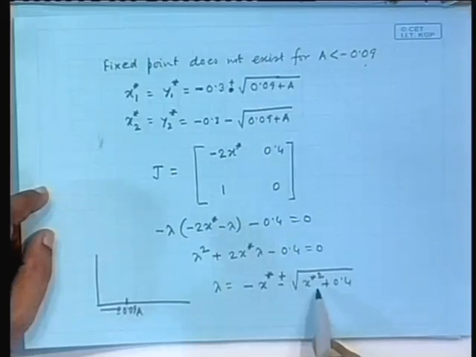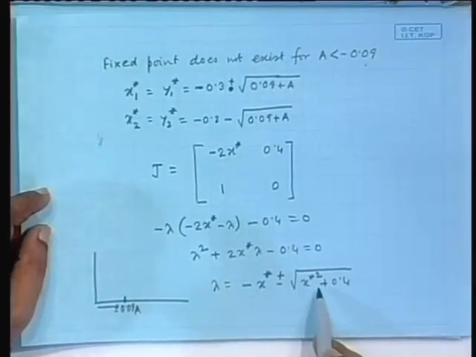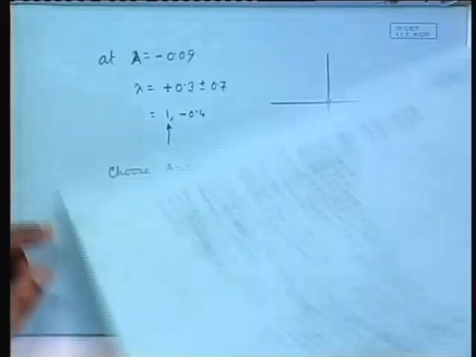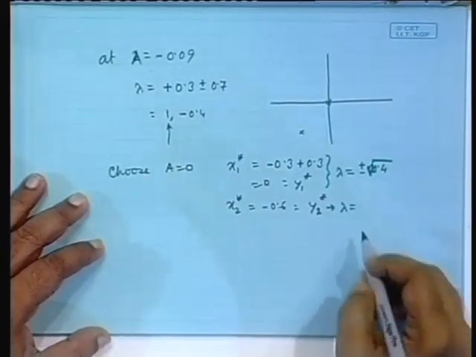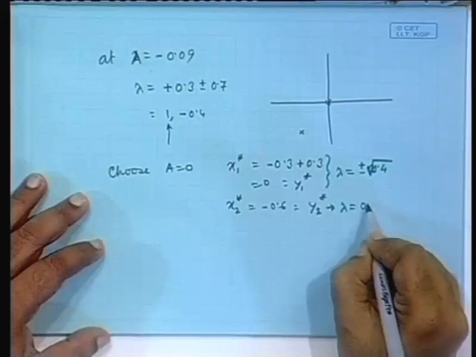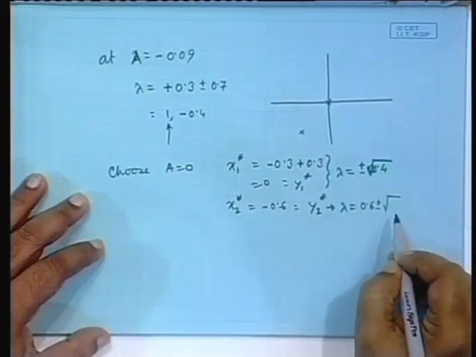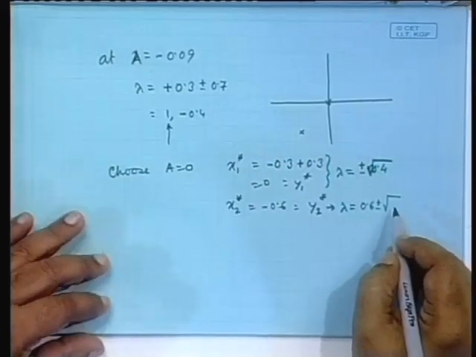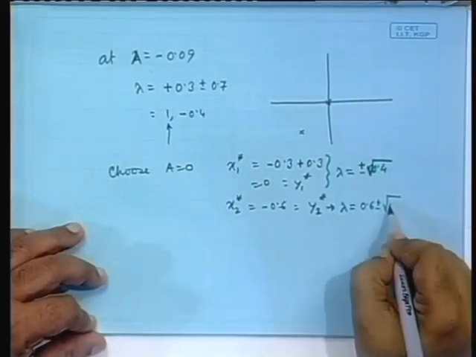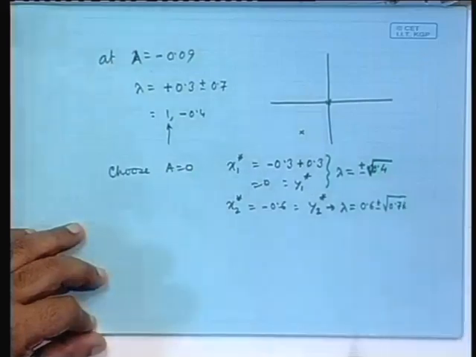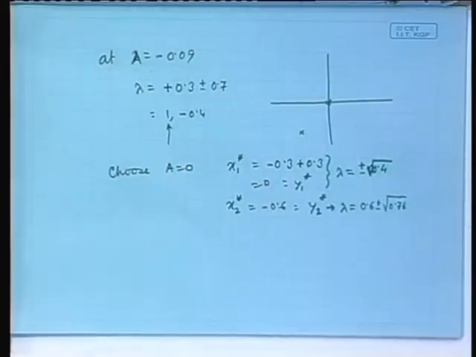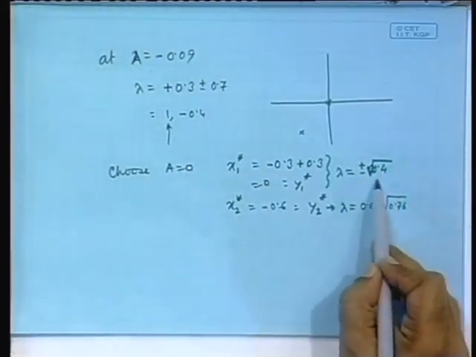So, 0.6 plus minus root 0.76, is it? Whatever it is, the point I am driving at is this fellow is surely